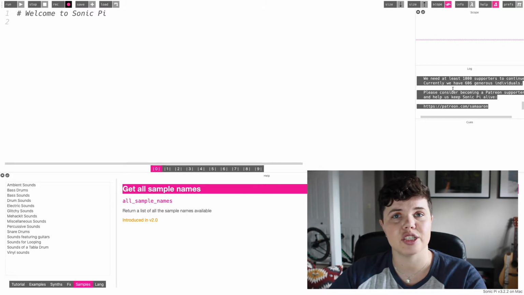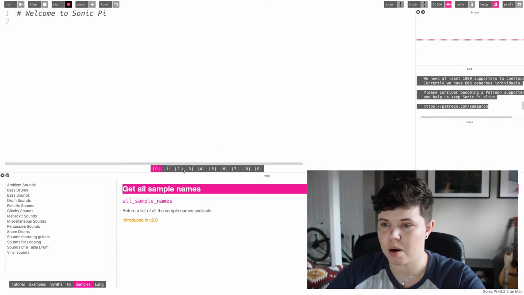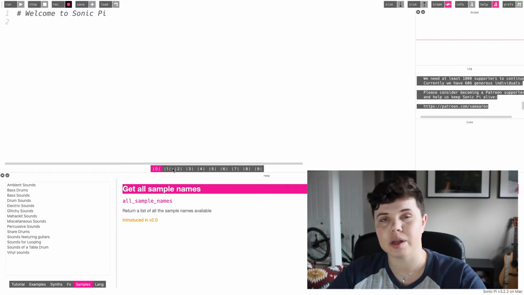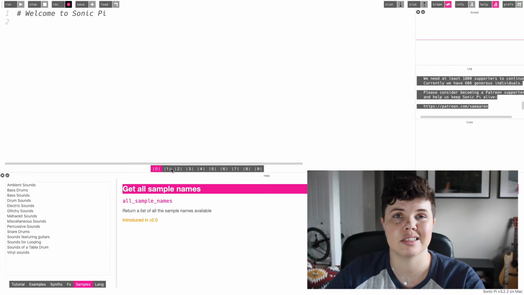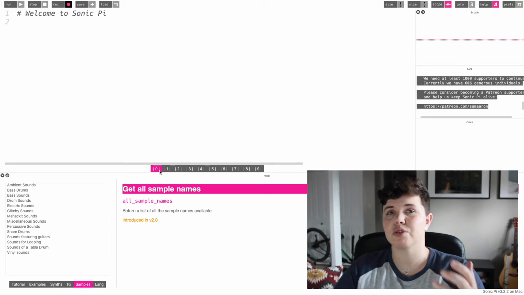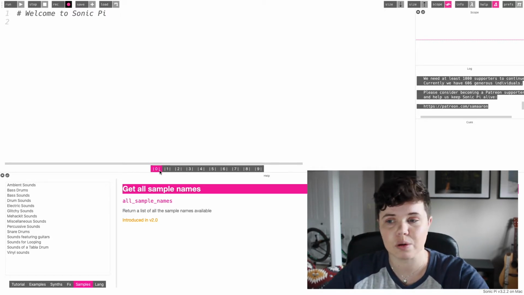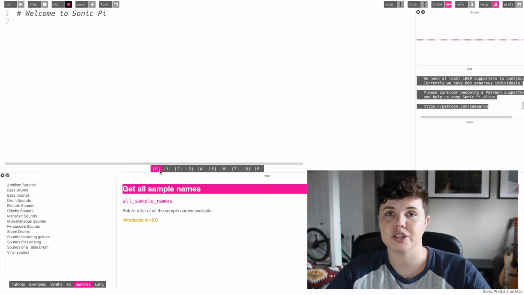So everything, as you press play, will show you what's going on. And this grayed out bar right here is what we call different buffer windows. So if you read a tutorial and it says go to a new buffer, it's just one of these. You can scroll through them and they're just different workspaces, so you could have multiple things going on at once, which is pretty cool. You can test things out in another buffer and then go back to your music sheet that you are